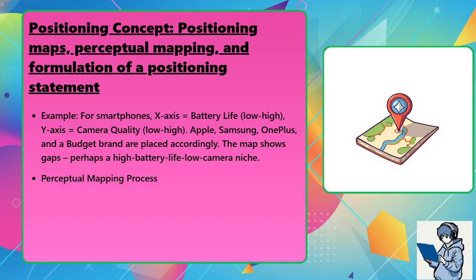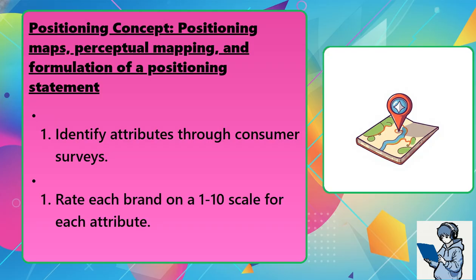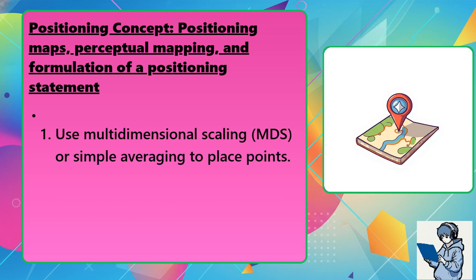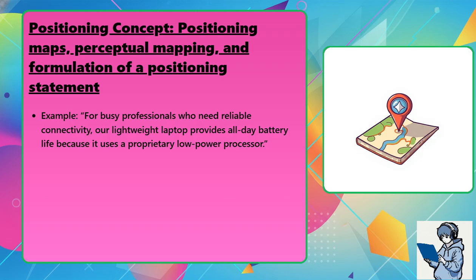Perceptual mapping process. One: identify attributes through consumer surveys. Two: rate each brand on a 1 to 10 scale for each attribute. Three: use multidimensional scaling (MDS) or simple averaging to place points. Formulating a positioning statement template: for target segment whose statement of need, our product provides key benefit because reason to believe. Example: for busy professionals who need reliable connectivity, our lightweight laptop provides all-day battery life because it uses a proprietary